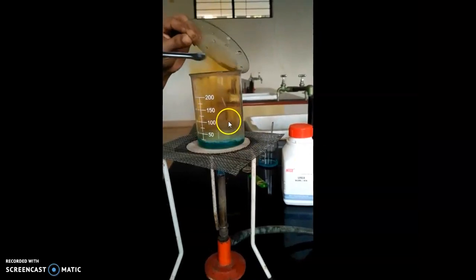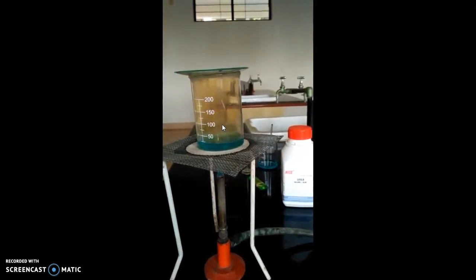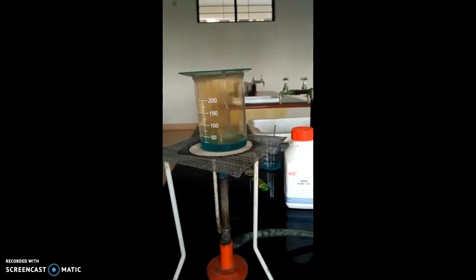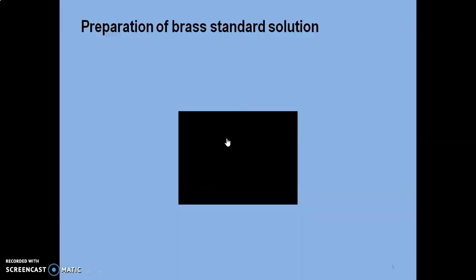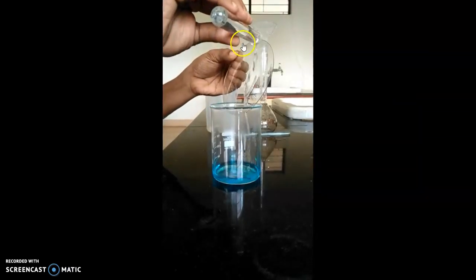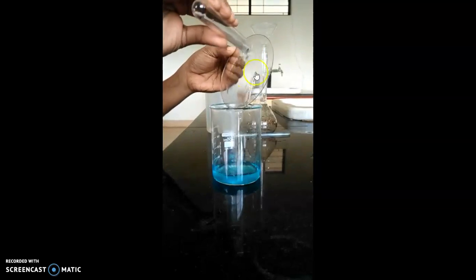Then, urea has to be added so that all the nitrous acid will be eliminated away. After the addition, 5 to 10 seconds it has to be boiled. Rinsing. The watch glass underneath the part has to be rinsed because the vapors might have deposited. So distilled water is taken in the test tube and inner wall of the watch glass is rinsed and its contents are taken to the beaker.